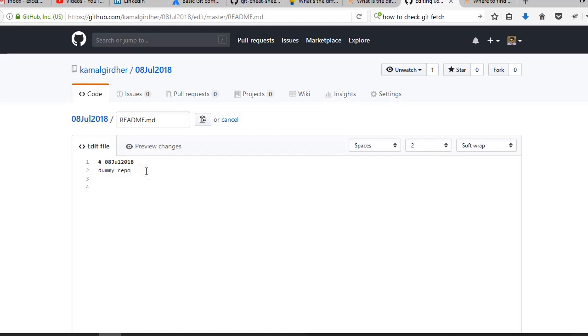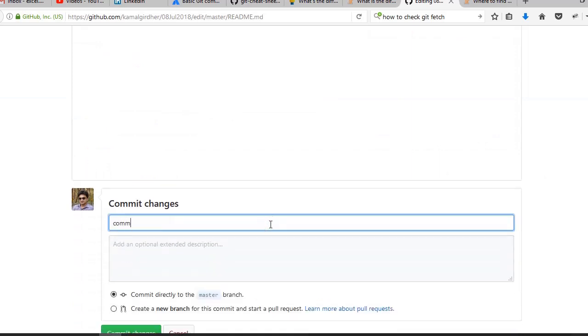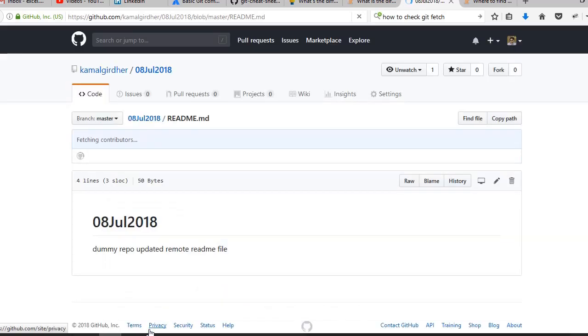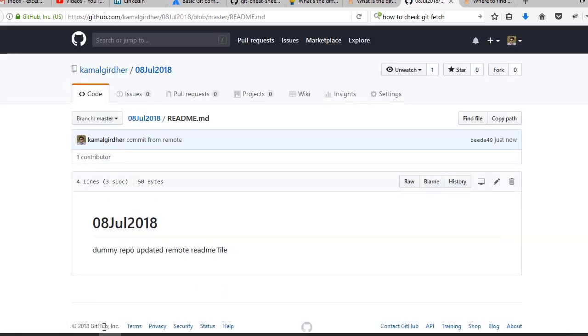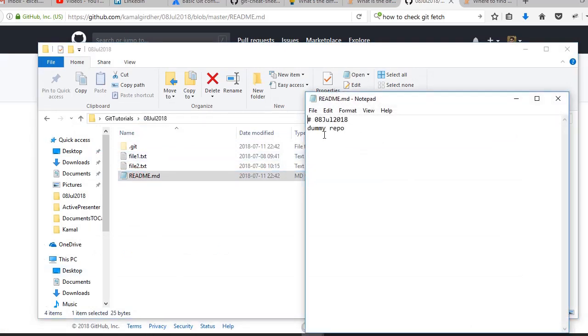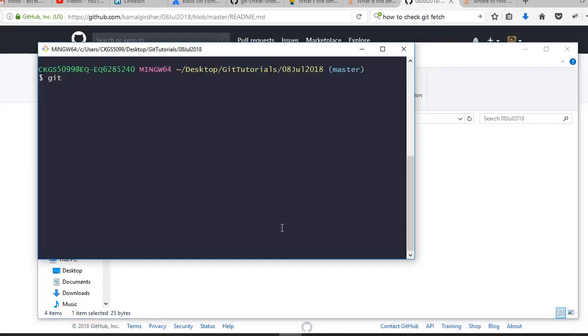So let us make changes on this readme file. I have added another line to it and just commit it. Give a proper message that you are committing on the remote. So once we commit the changes on the remote repository, we are now ready to do git fetch. These changes are not on the local yet, but when we do git fetch,